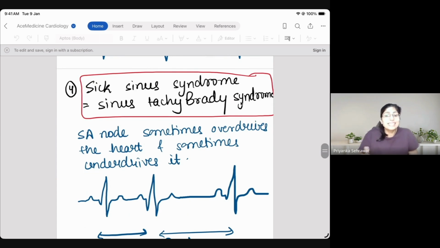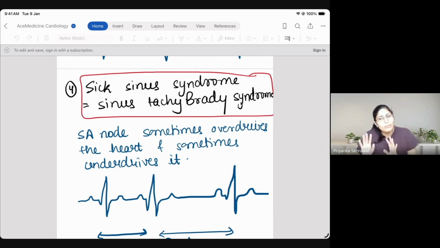Then there is something known as sick sinus syndrome. अब नाम से पता चल रहा है sick sinus, that something has happened to the sinus node. The sinus node is not normal. So what happens is in some cases of ischemia or even in cases of sepsis, or sometimes in cases of AKI, ALF, acute liver failure, acute kidney injury patients also, the SA node gets affected by the electrolyte abnormalities that are going up and down in the blood, or because of the molecules that are getting secreted, the interleukins and everything. So the SA node doesn't work normally here. It sometimes overdrives the heart, sometimes underdrives it.